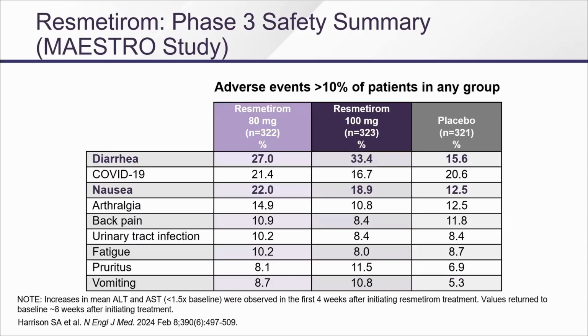Now, what are the side effects of resmetirom? Mainly GI. Diarrhea and nausea. They happen early, in the first 4 weeks. They tend to be self-limited. So you can tell your patients, one, if you're going to have it, you'll have it in the first month. So if they get through the first month, they don't have to sit there worrying. And two, it generally does not lead to discontinuation. Manage it like nausea and diarrhea. You're a gastroenterologist, you know how to do that. But it is an important thing.